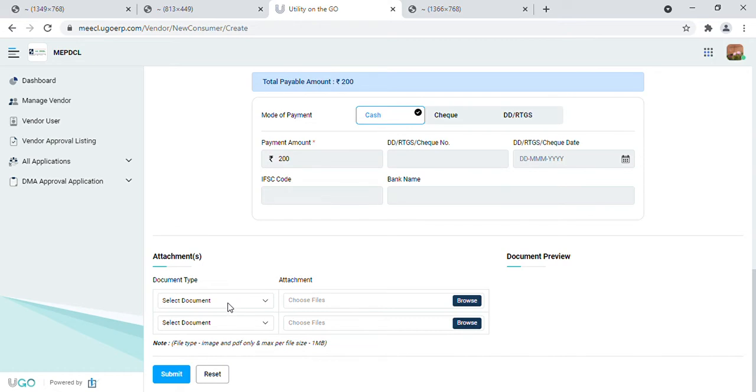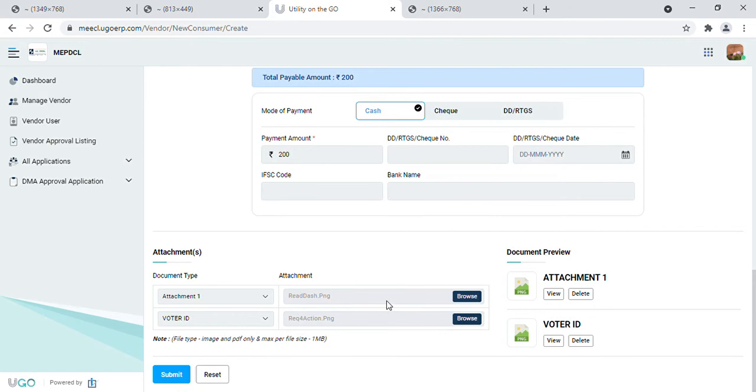Here, two mandatory attachments to be done here. Upload the attachments provided by the consumer. The attachments uploaded here will appear in the preview.